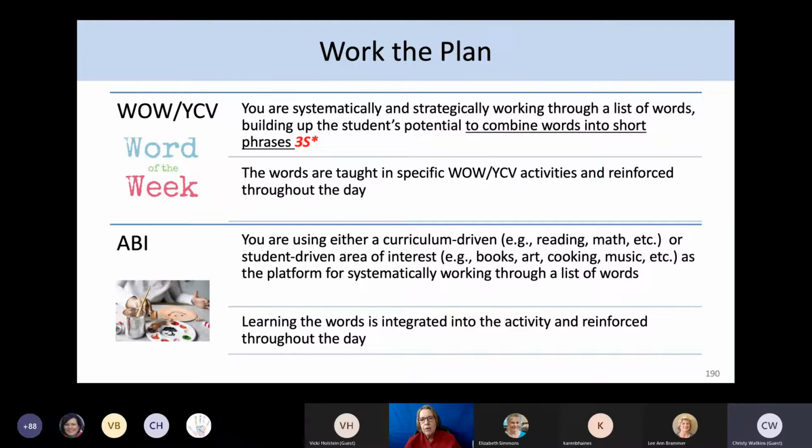And that year of core vocabulary, if you go look at some of the work by Dr. Carol Zangari, she has